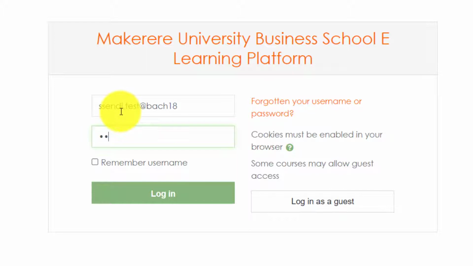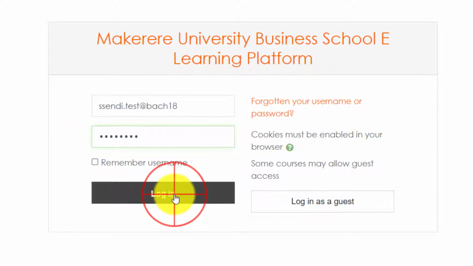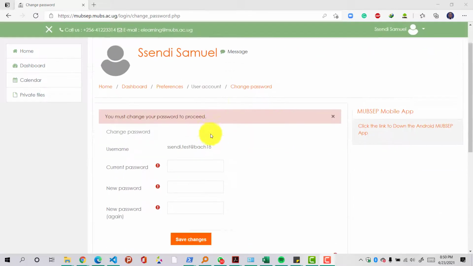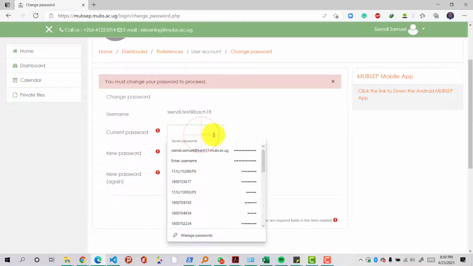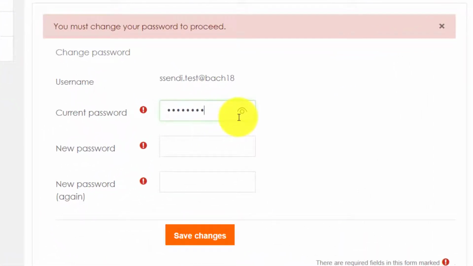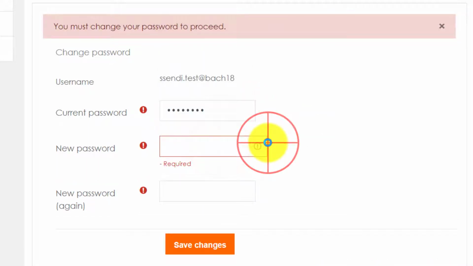Then I'm going to put in my default password, which is password, and when I put it in and it's successful, the system is going to prompt me to change the password. So after loading, it's going to take me on this page and it's going to ask me for my current password, which is password, which is the one I'm using right now, and it's going to compel me to type